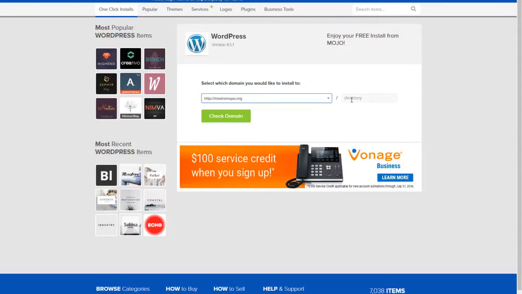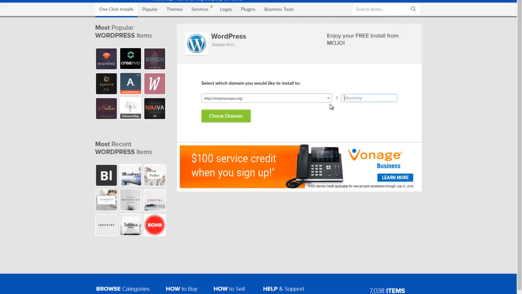Notice over here there is a directory portion. If I wanted to install this installation or this instance of WordPress in a subdirectory, I would make sure that I type that subdirectory in here. If I'm installing WordPress for the very first time for my portfolio, I don't need to do this. Once again, if I'm installing for the first time, I don't need to do this, but all subsequent installations for any other project, I want that to be a separate WordPress from my portfolio, and I must put it in